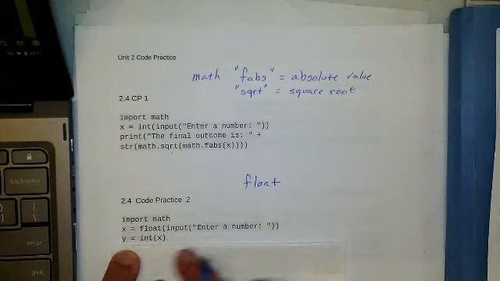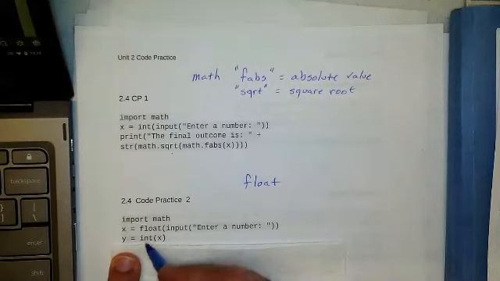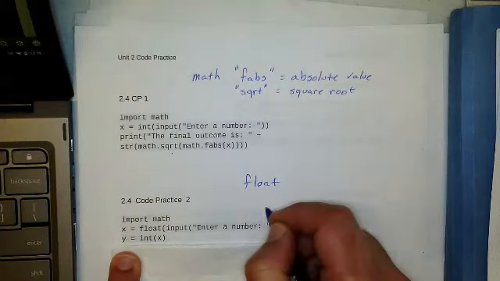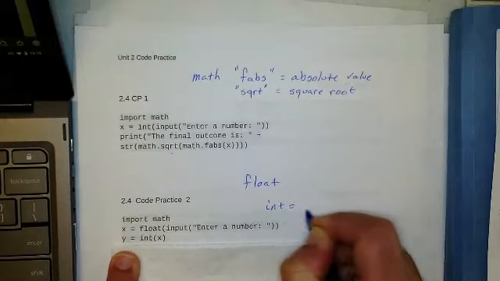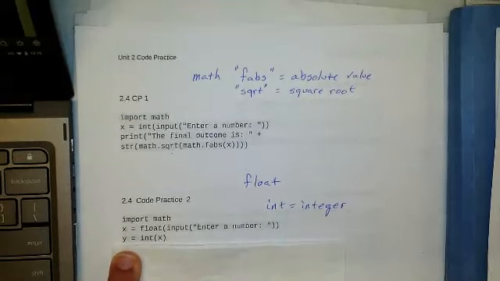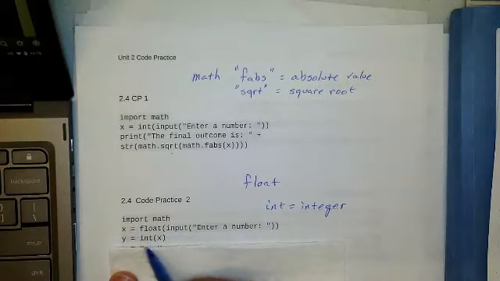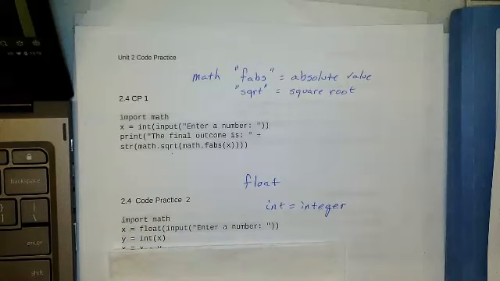Then, once we have that number inputted, we're going to come up with another variable. Wow, I'm imaginative on it. I used x, then I used y. Now, int stands for what? Int is integer. And so what this is doing is taking whatever that value is, just the whole number part of it. So if it was 4.2, it would just take the 4. And so once we know that value, we have our original input, we have the whole number of that, and then we're going to take it